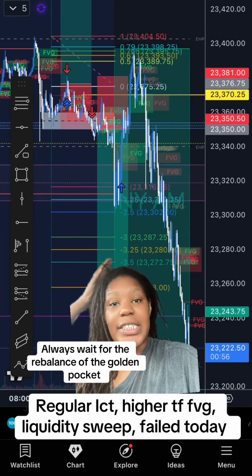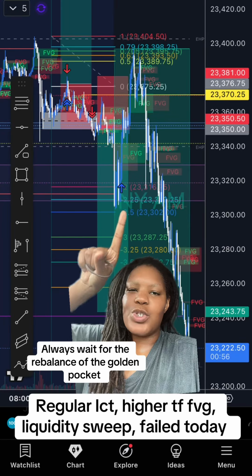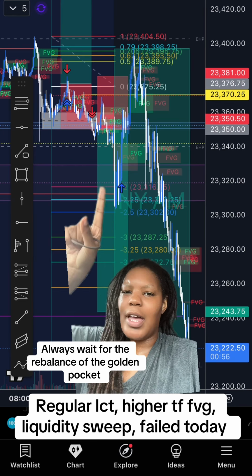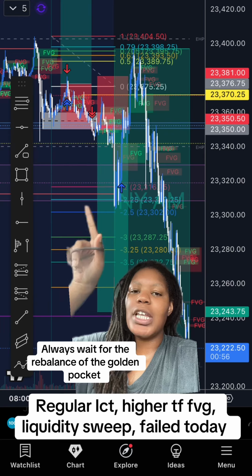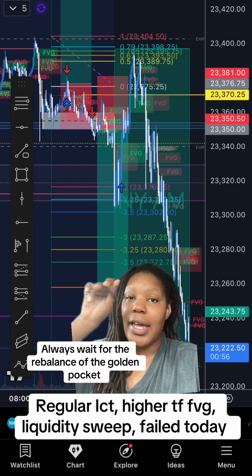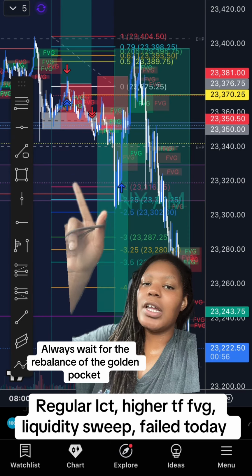Day one of trading standard deviation, I took a loss and then I closed. This was like a break-even trade, but I closed like $100 in profit, so I got my loss smaller. Today was confusing because we had this manipulation leg, as you see at the top, the high that swept London high, and then we have this manipulation leg, this wick here, and I was like, I don't know which one